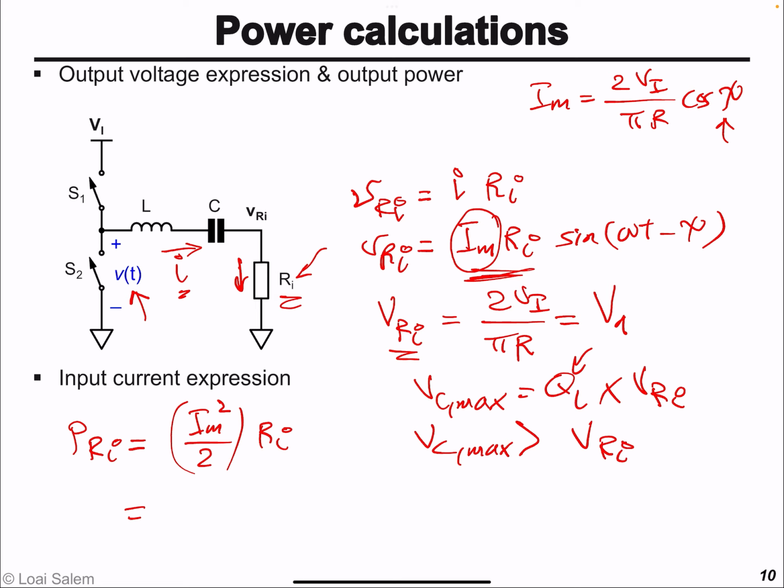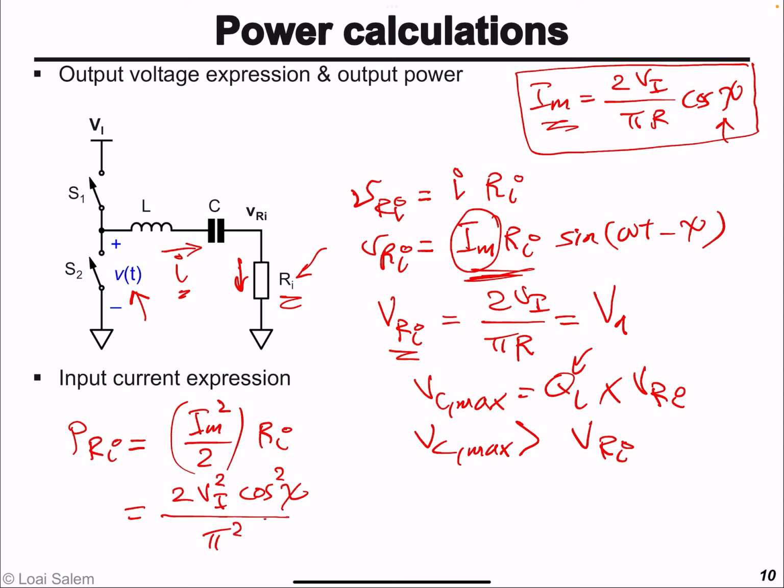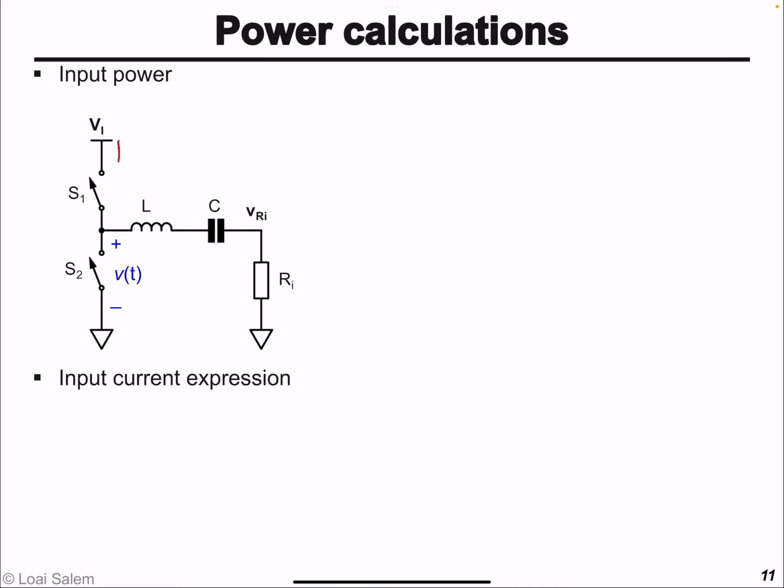And of course, you can replace Im by its value from this expression. And so we get 2Vi square times cosine square psi divided by pi square r square, and all that multiplied by Ri. So that's the expression for the output power. Now we need to find the input power. And the input power is the power that's taken from the input source. And to find this power, we need to find the current that's taken from the input,